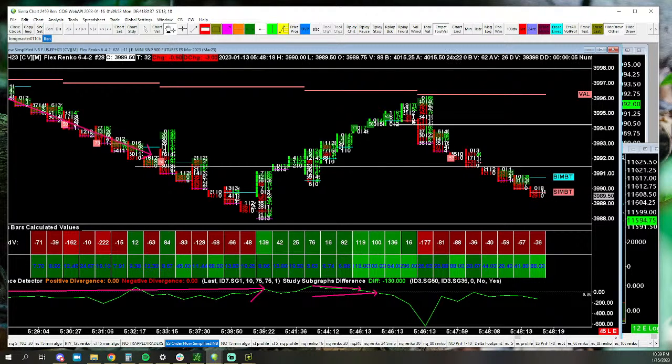The only way you could really get short here is if you aggressively took that short. You could wait for it to give you a red bar that closed underneath the level if you want, or whatever. And if you want to be more conservative, you'd wait to make sure this doesn't drop, doesn't bounce.